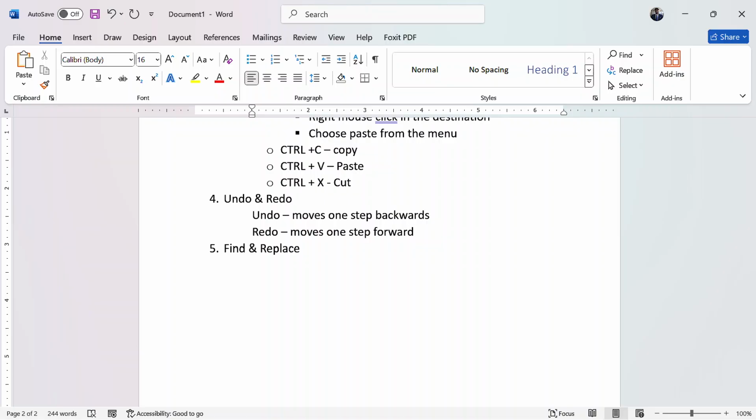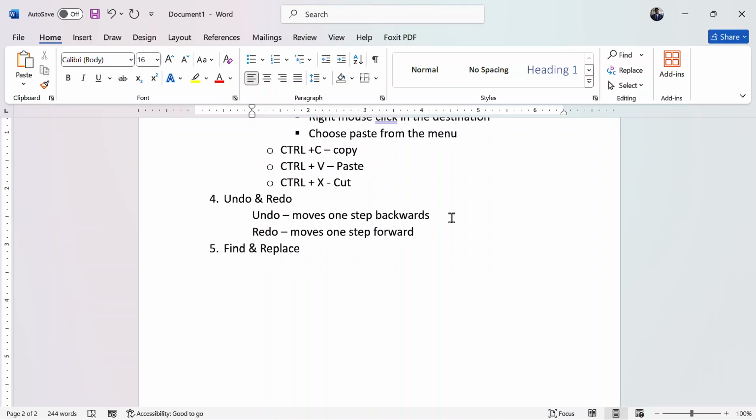When you move 1 step backwards and you find that you needed to move forward, or you didn't need to do that step, you can go to the redo button and bring it back. For example, you can delete a word and find that you needed that item. Just press the redo button and it comes back. The shortcut for redo is Ctrl plus Y.